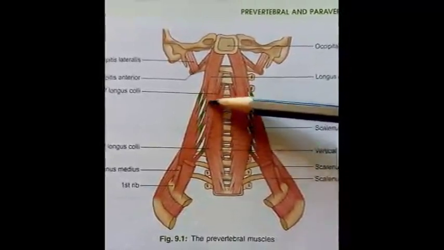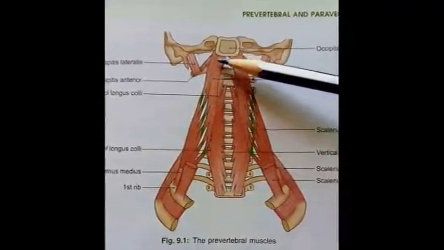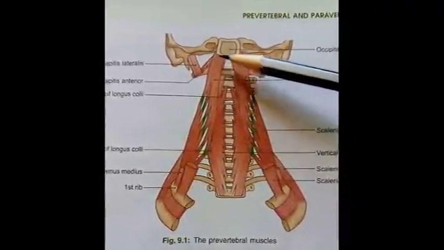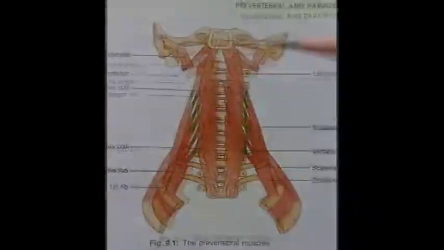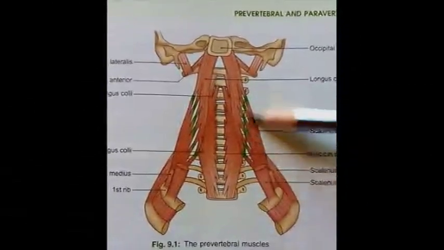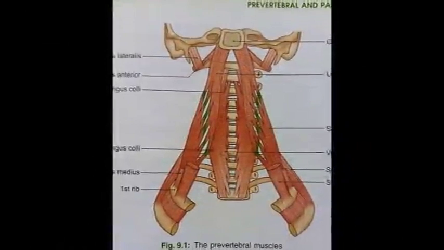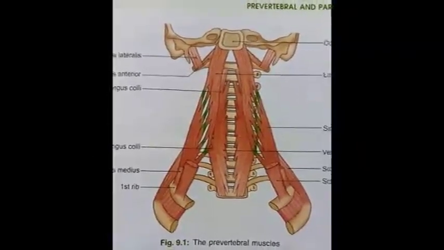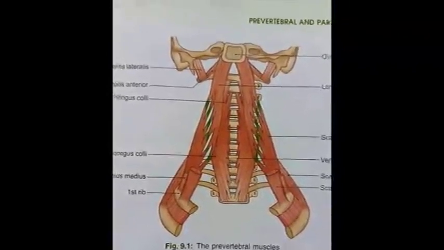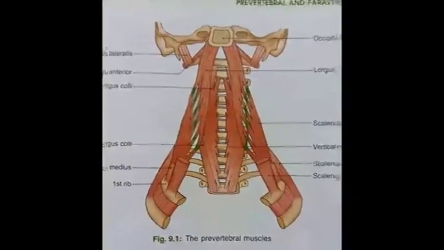Then the muscle fibers run upwards and slightly medially and insert on the inferior surface of basilar part of occipital bone. So here scalenus medius muscle seems to lie very much close to this muscle. Nerve supply. Ventral rami of nerves C1 to C3 supply this muscle, and action of muscle is flexion of the head, means forward bending of the head.